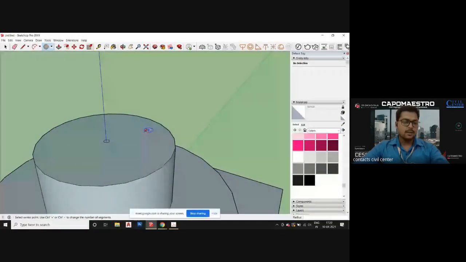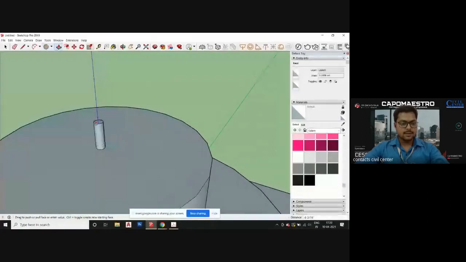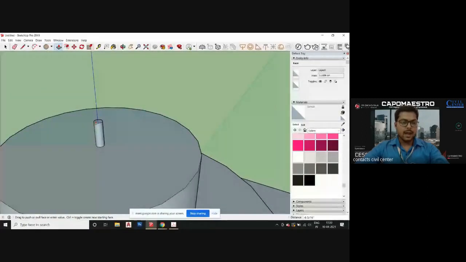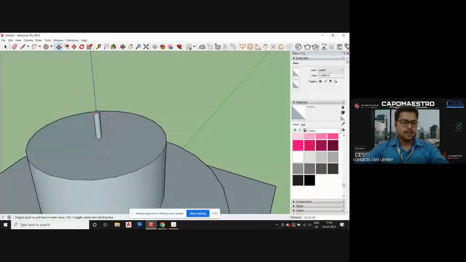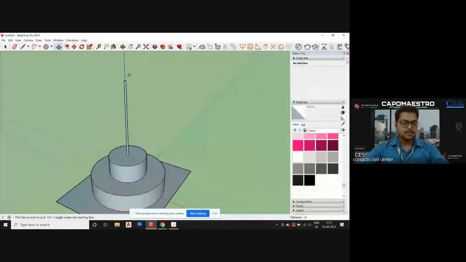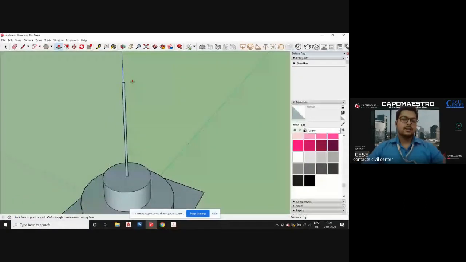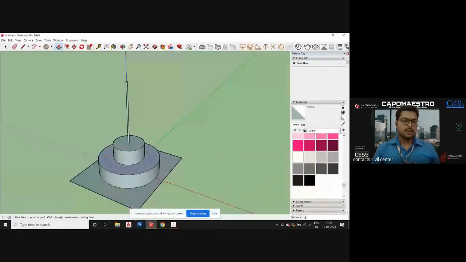Now pull this circle and give it a height of about 8 feet. Zoom out. This is a very easy way to create any design. You can use this like a flag post over here, and every design can be used over here.